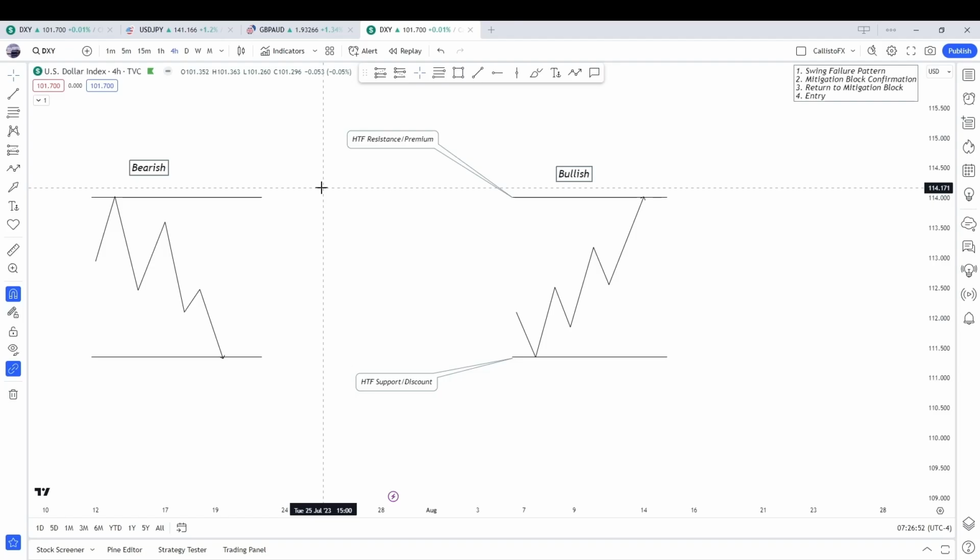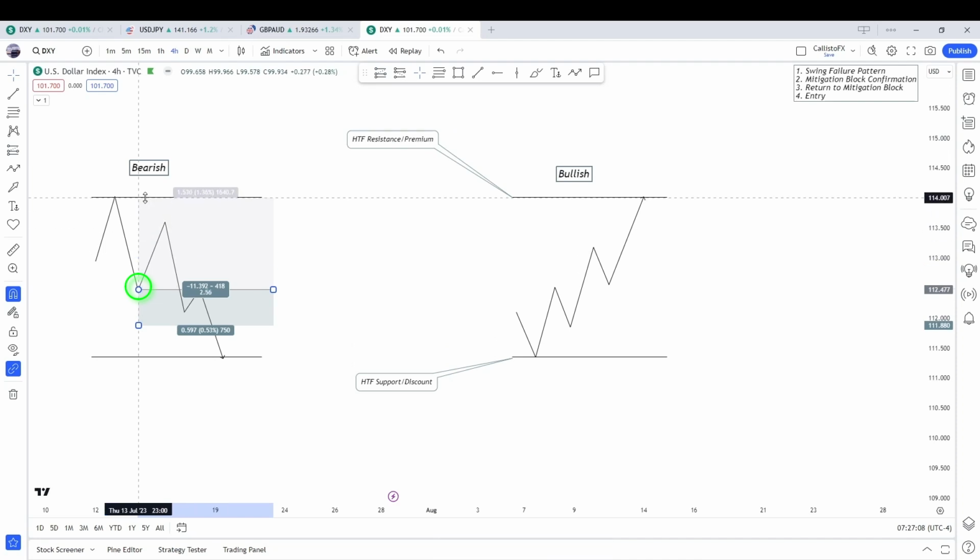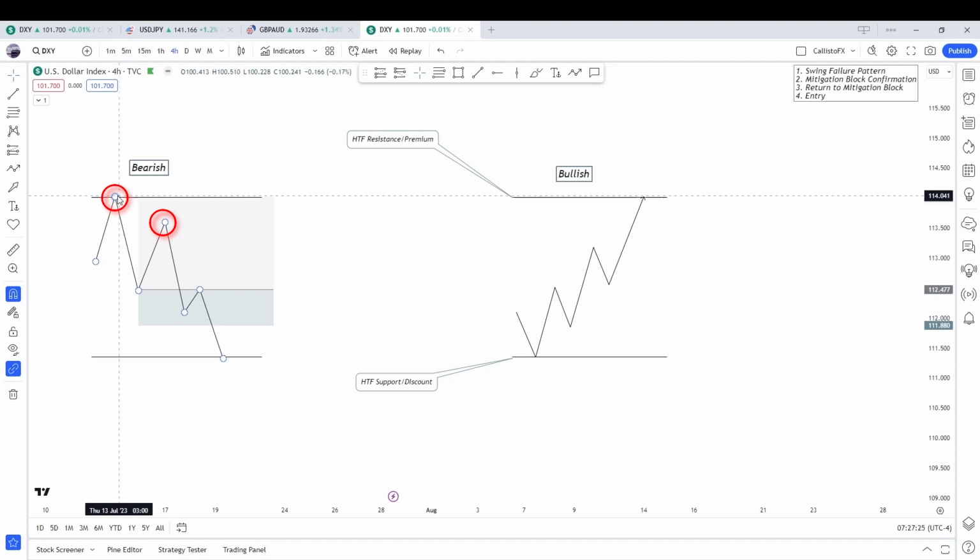What does a swing failure pattern look like in a bearish scenario? When price reaches a higher time frame resistance point or premium point, price pushes down. And buyers over here will be looking for price to go back up to this swing high. But this low fails to take out this swing high. What do I mean by that? This low over here pushes up price but fails to take out this swing high, hence the name swing failure